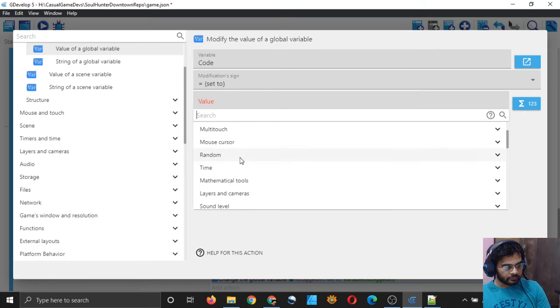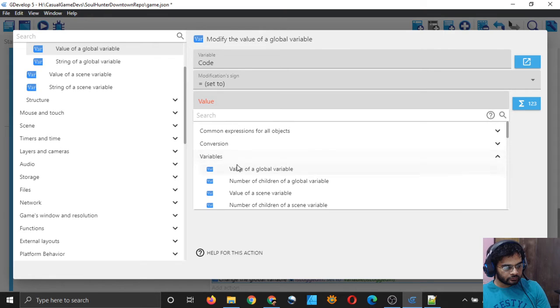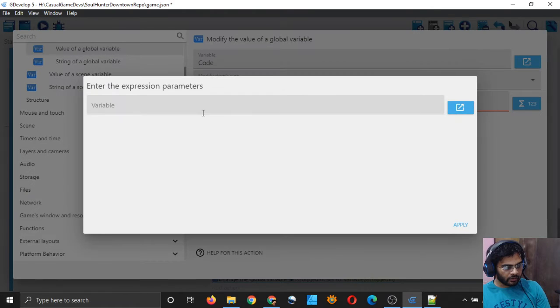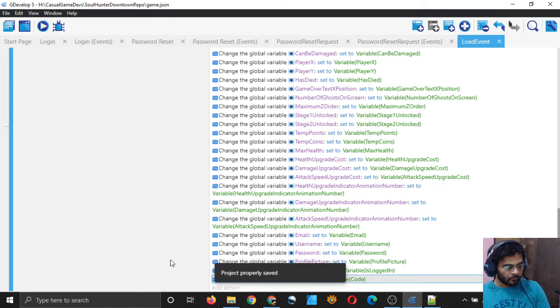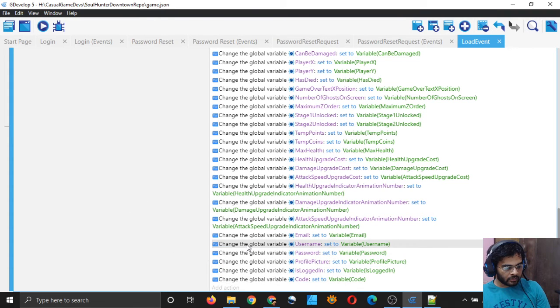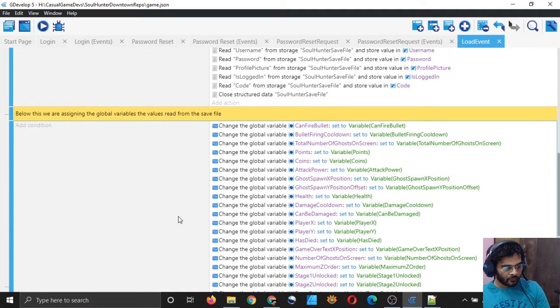It should be value of a scene variable code, so that is okay, that is working.